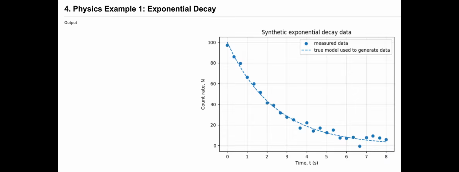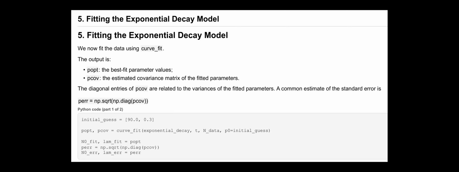Notice how the noise makes the points scatter. Our goal is to see if our fitting algorithm can recover those original true values. Now we perform the fit. The curve_fit function returns two main arrays, POPT, which are the optimal values for our parameters, and PCOV, the covariance matrix. By taking the square root of the diagonal elements of this matrix, we calculate the standard error, or the